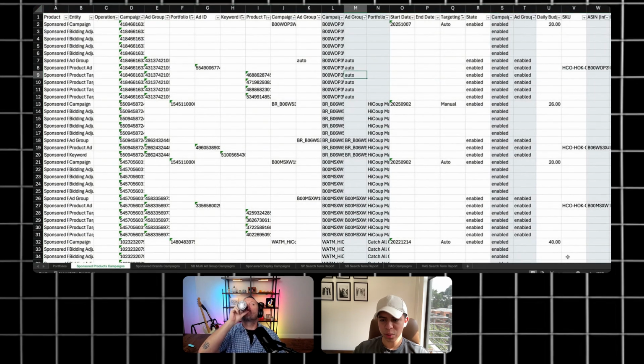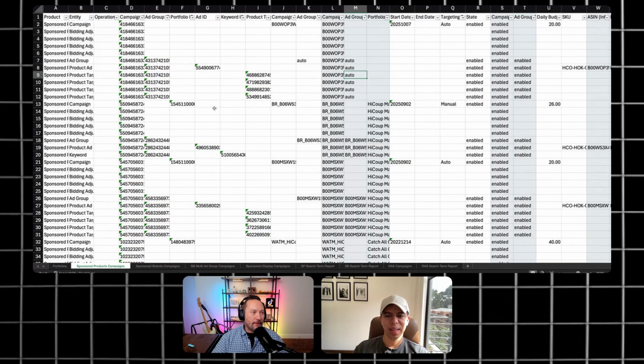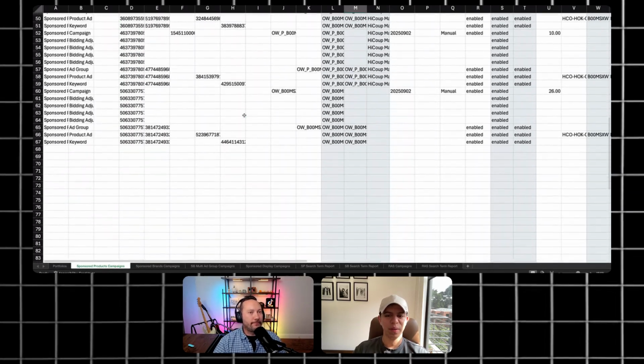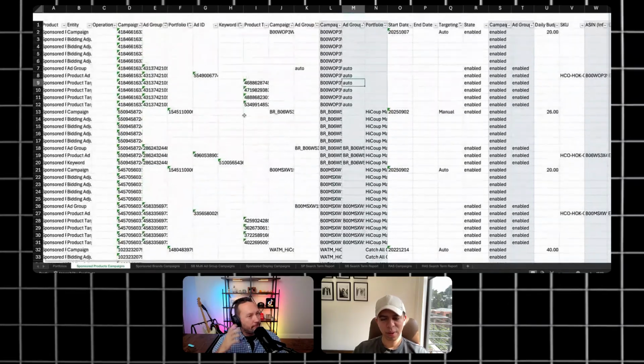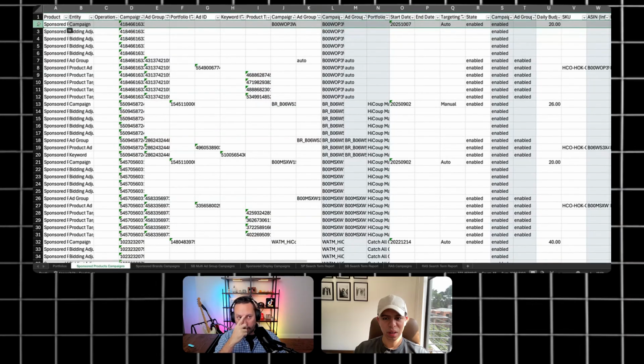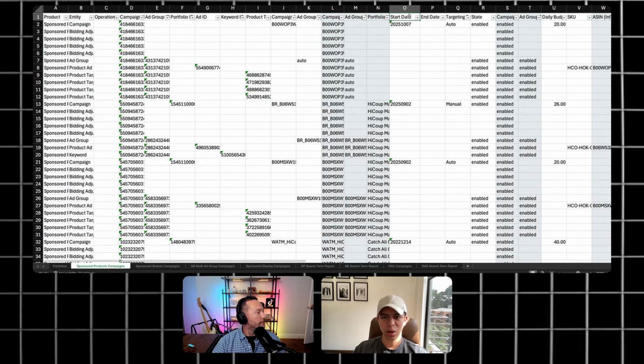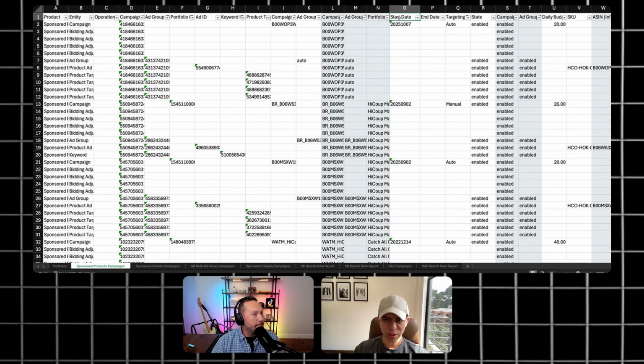As you can see, although this feels or looks overwhelming as far as the amount of information, it is actually following an order and structure, right? So you can see, for instance, where the campaign starts and where the campaign ends. Take a look at column O, for instance. You have a start date